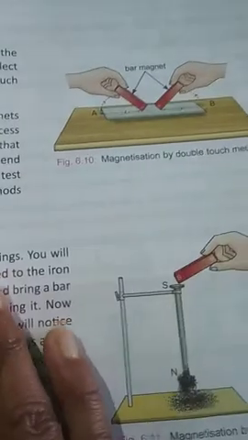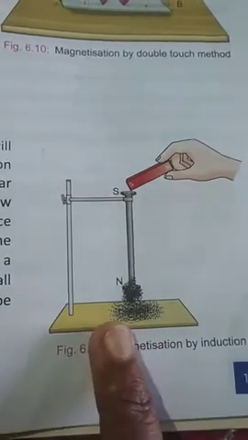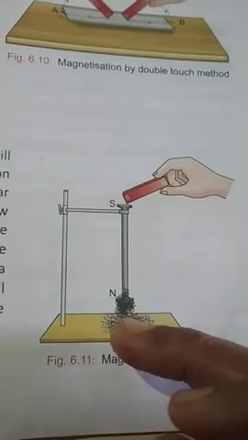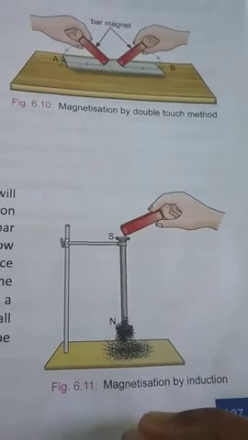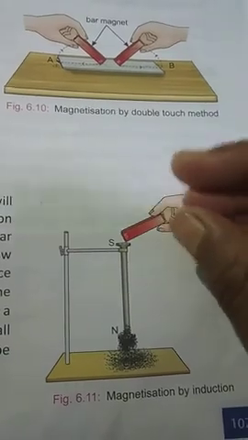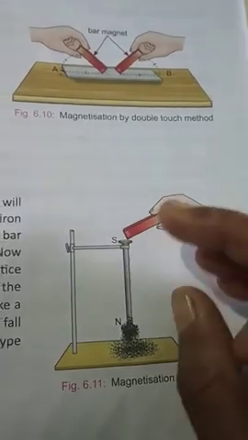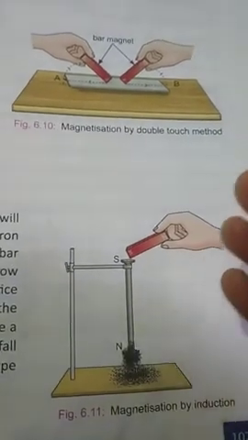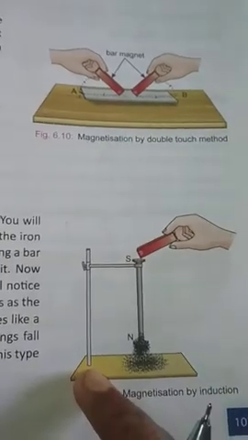Okay. Now what is this magnetic induction? This process is very important and this is interesting. What you have to do in this? Take a long iron nail like this and bring it near some iron filings. If you take a long iron nail and bring iron filings just nearby it, definitely the iron nail will not attract the iron filings, because both are iron and iron. How can it be attracted towards each other? Not possible. So you will observe that iron filings are not getting attracted to the iron nail.